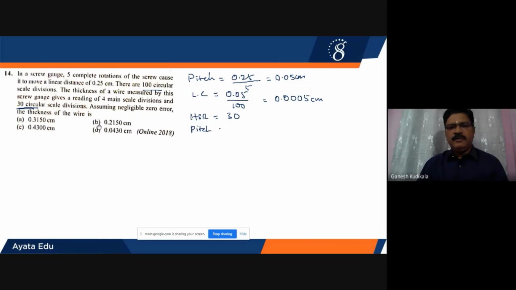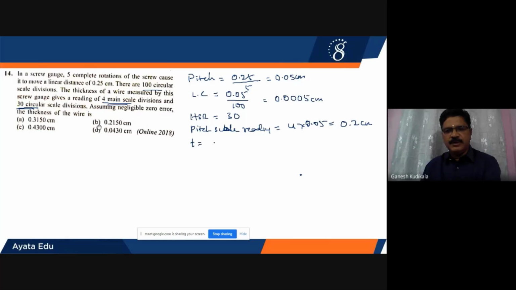Now the pitch scale reading will be equal to 4 main divisions, he said. Therefore 4 main divisions, it is 4 into the value of pitch. Pitch will be equal to 0.05. On multiplying, I'm going to get 0.2 centimeters. So therefore, the thickness of the wire